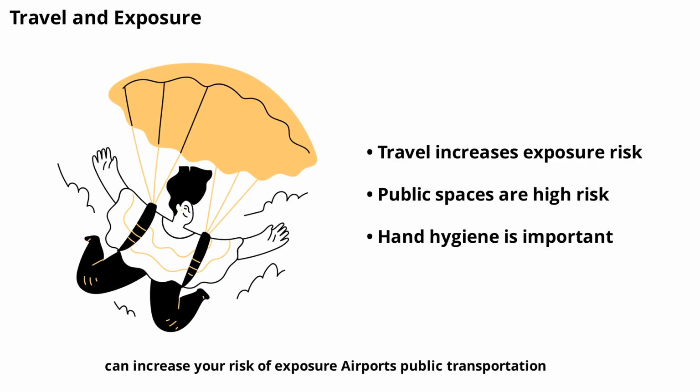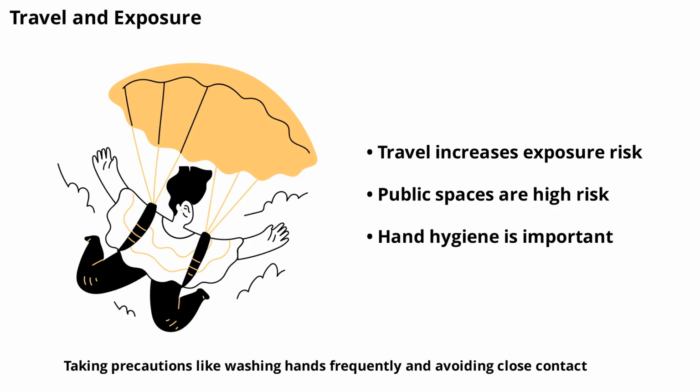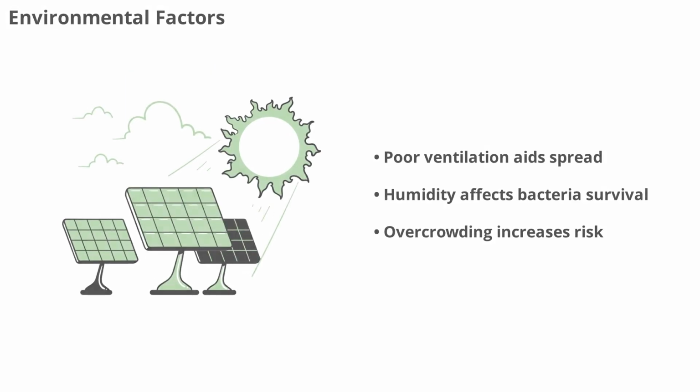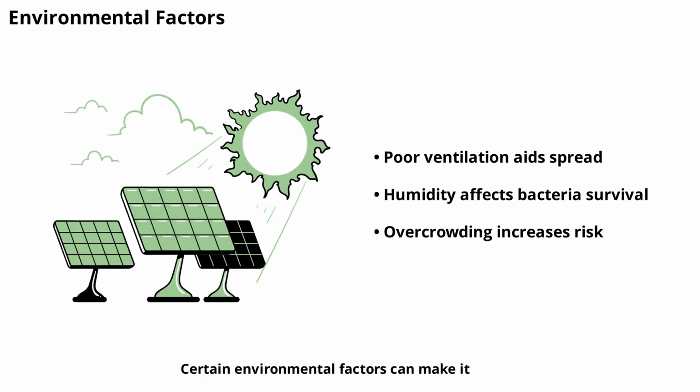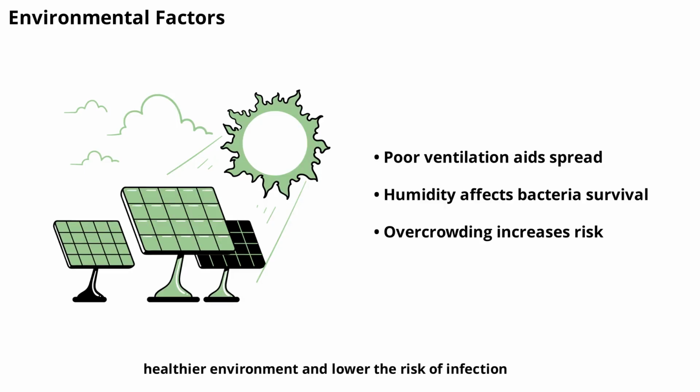Airports, public transportation, and hotels are environments where many people from different places come into contact, raising the chances of encountering the bacteria. Taking precautions like washing hands frequently and avoiding close contact with sick individuals can help reduce your risk while traveling. Certain environmental factors can make it easier for strep throat to spread. Poor ventilation, high humidity, and crowded living conditions all contribute to the persistence and transmission of bacteria. Improving air circulation, using air purifiers, and reducing overcrowding can help create a healthier environment and lower the risk of